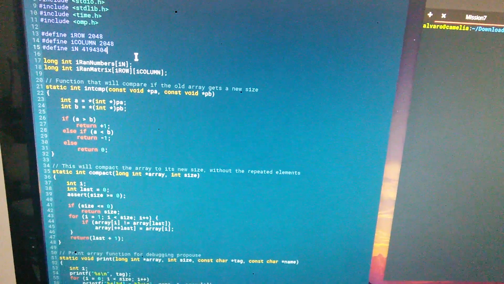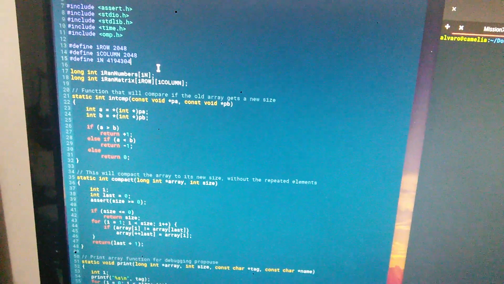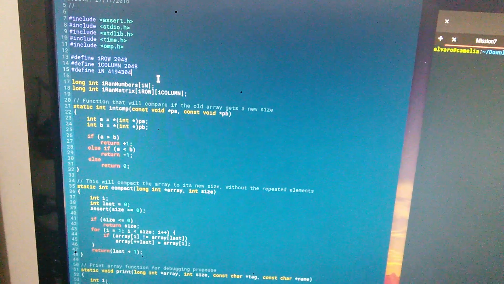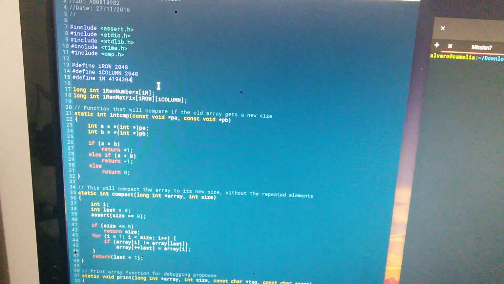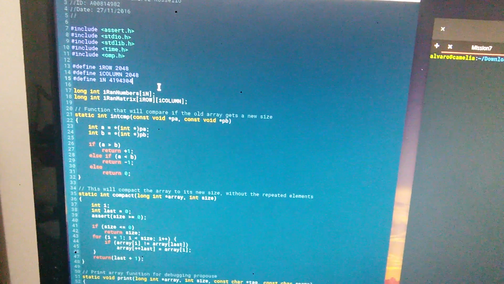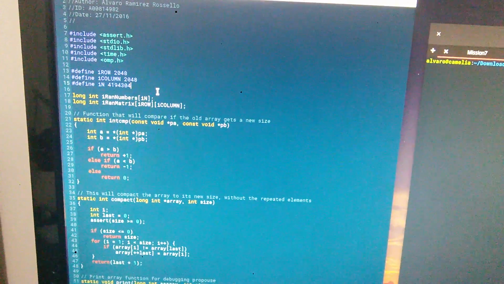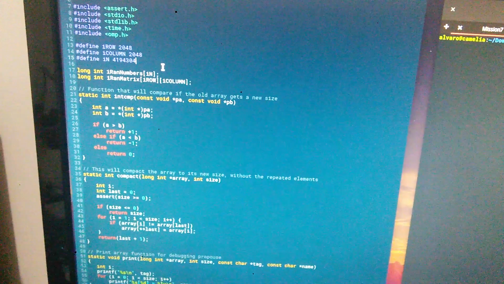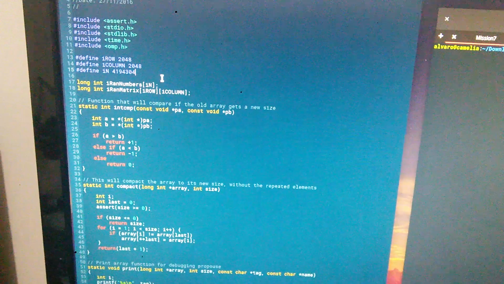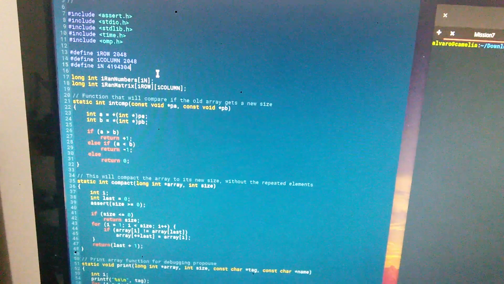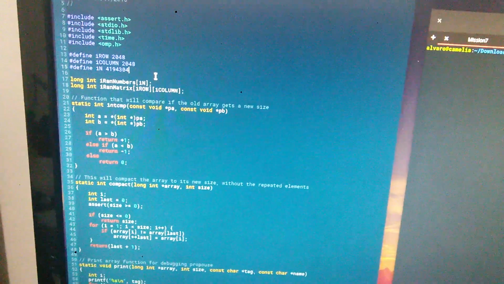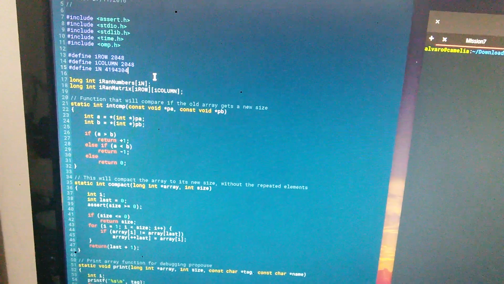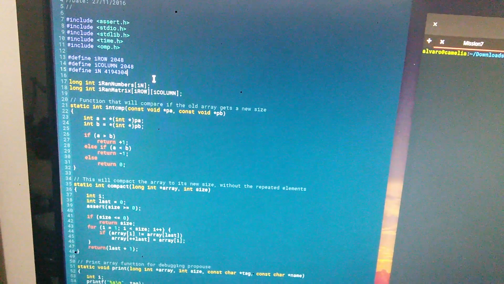This is gonna be about Mission 7, and as you know, it's about a big bit array of random numbers and you have to find the smallest numbers among them. So, how does this work? Well, first you have to make the big array that will store all your numbers. It's gonna be like 4 million numbers, so you have to be sure that